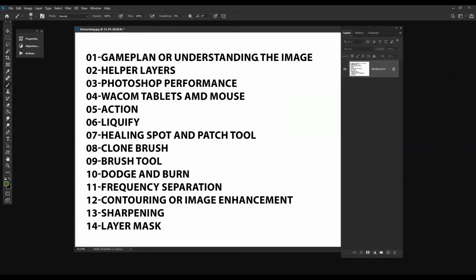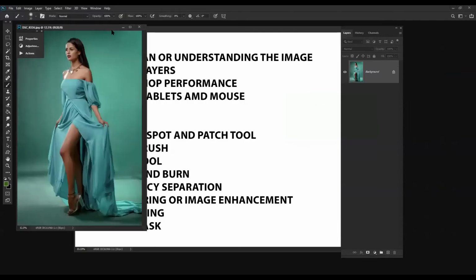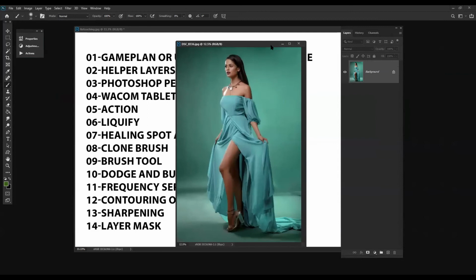Second is liquefy. So basic liquefy, always remember one thing whenever you want to liquefy.